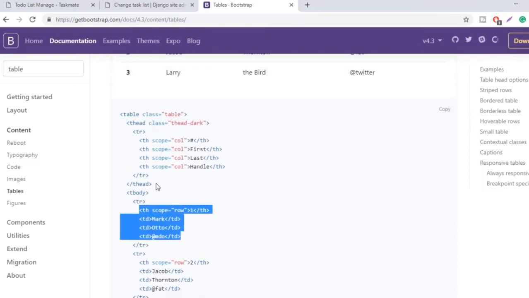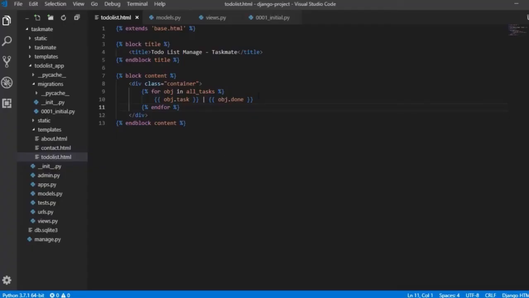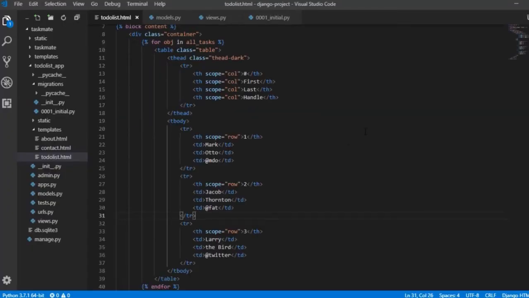And don't worry, this is the task of the front-end guy. You would get help if you are working in any company or if you are working as an intern or fresher. I would recommend you get familiar a bit with front-end. If you are a back-end guy, don't worry, you just need to do some simple tasks. So let us copy this data here. Let me delete this content for now and adjust with my table content.